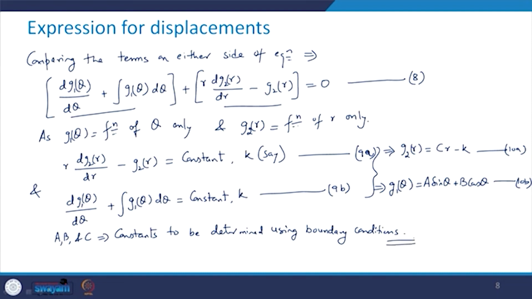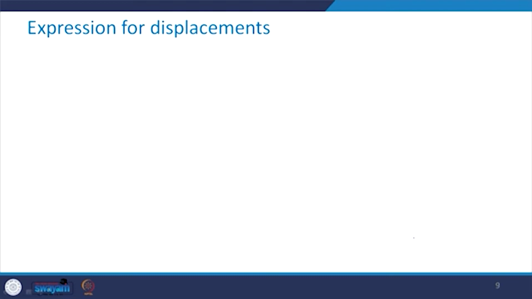So, let us see further what we can do. This 10b I will substitute in equation number 3. So, substituting equation 10b in equation number 3, what we will get is u equal to 1 upon E, that is